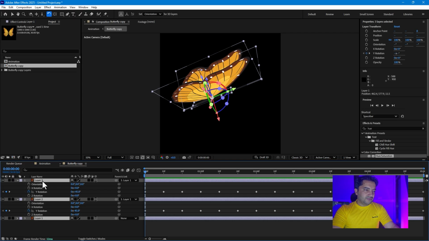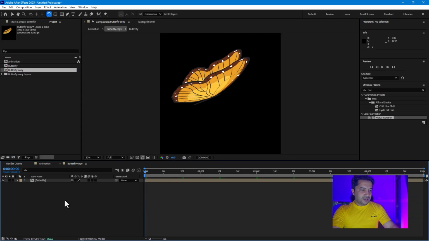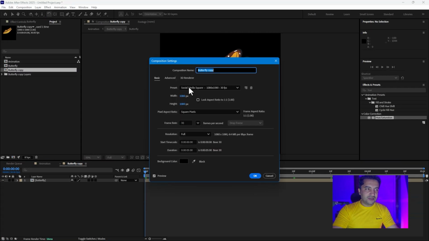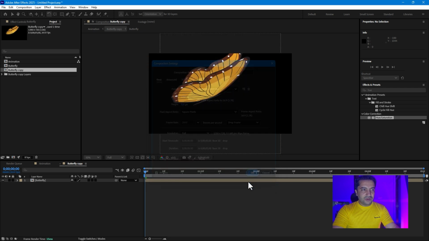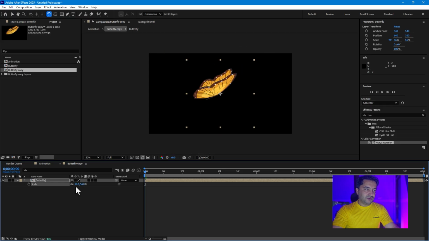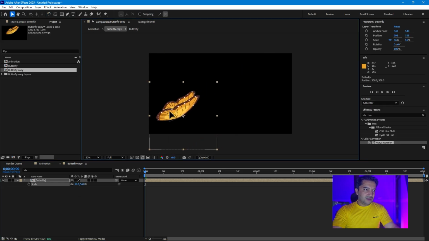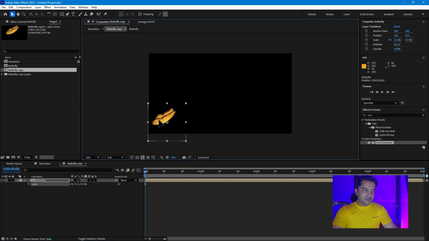select all of them, right click, make a pre-compose, and right here, butterfly, okay. And click Ctrl K, change the size to HD, okay. And press S, scale down the size. And now set here, scale down the size. Take a look, press P, position